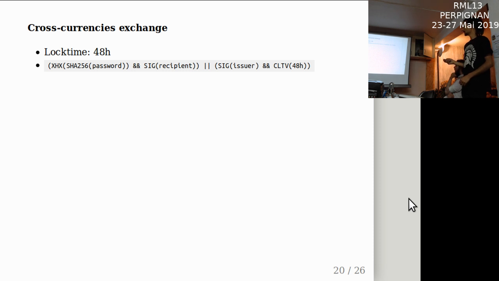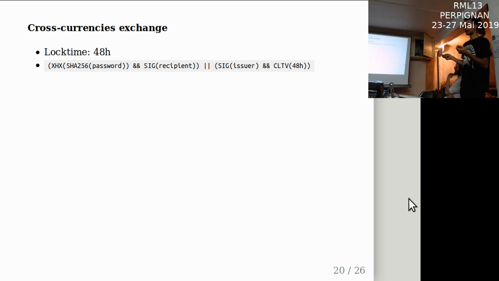So now we're going to use very big conditions, quite tricky. We put the signature of the recipient that you know, and the other condition will be that the recipient will receive the password. We will give him the password only if we receive the units from the other currency. If we don't, we won't give him the password, and he won't be able to unlock the source.